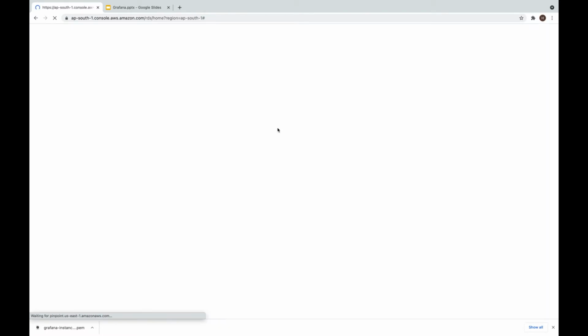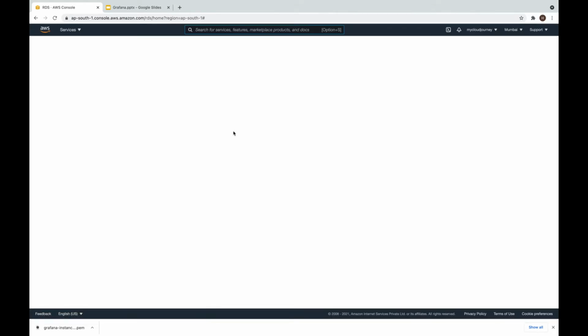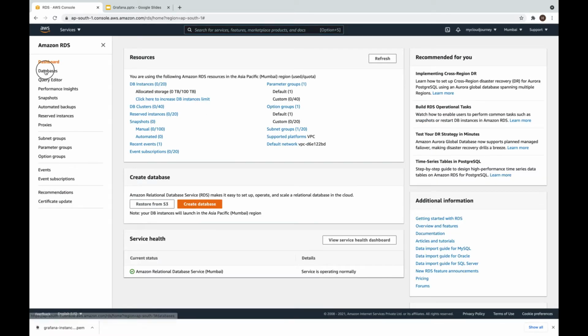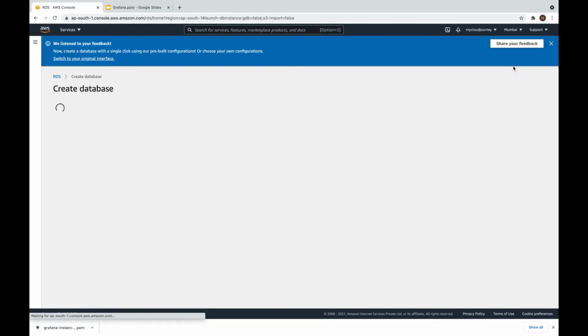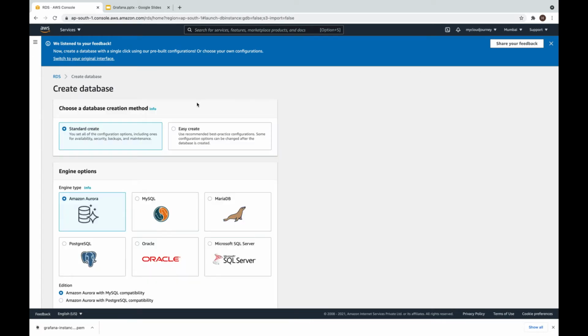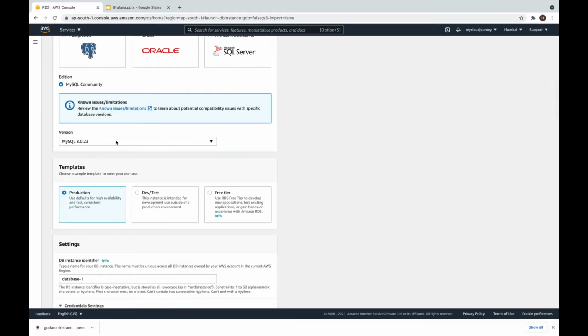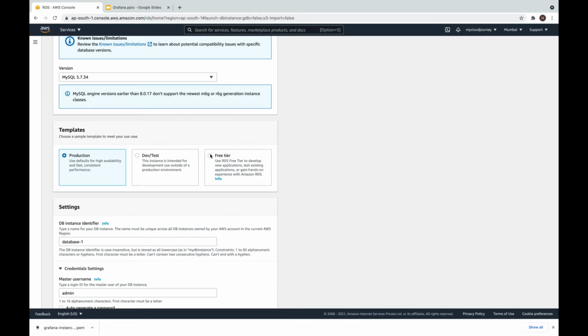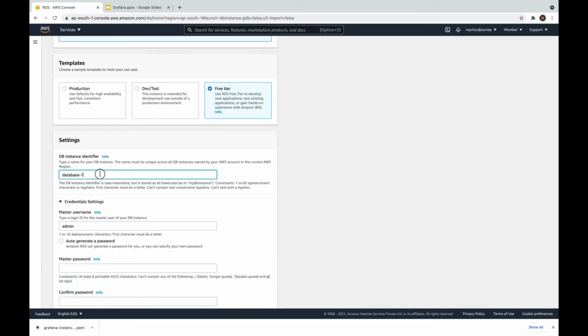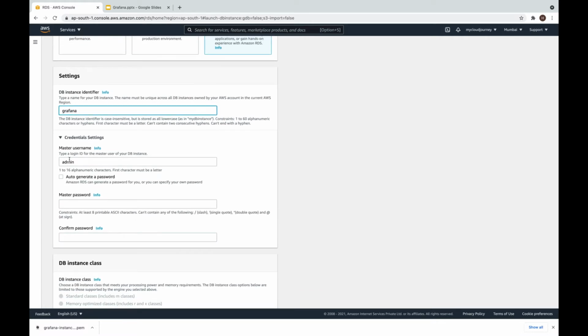So I'm clicking on RDS, and databases in the left hand side. There is no database running. I'll create a new one, and we'll select engine type MySQL. Version 8.0, whichever you can select, but I will go with 5.7.34, and I want it for my free tier account, and database name I want as Grafana, and master username is admin, master password is admin